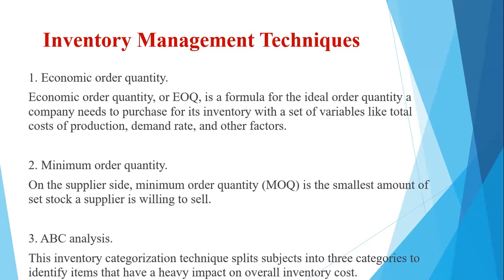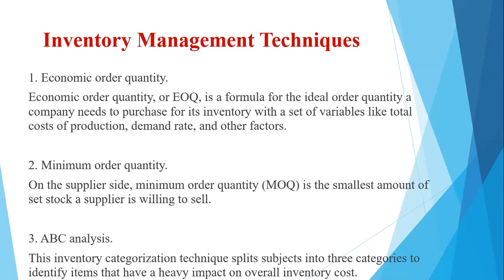Now the formula is used to identify the greatest number of product units to order to minimize the buying cost, right? The formula also takes into account the number of units, the delivery, and the storing cost of the inventory units. So this helps to free up the tied cash in inventory for most companies. The next technique is minimum order quantity.